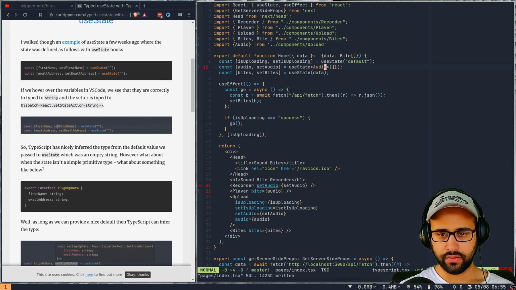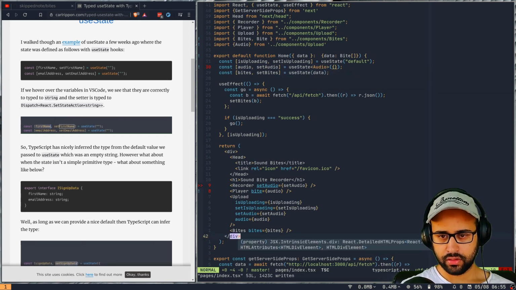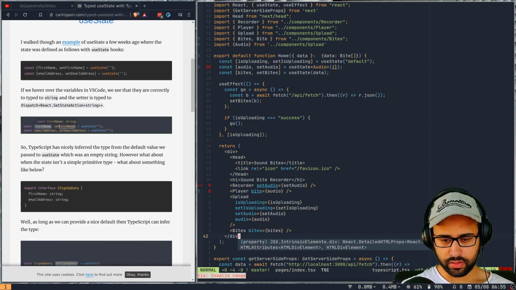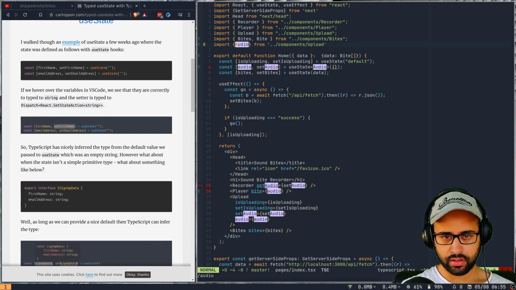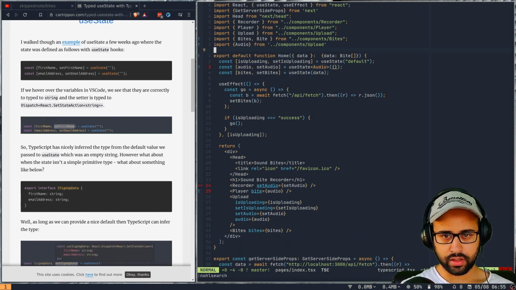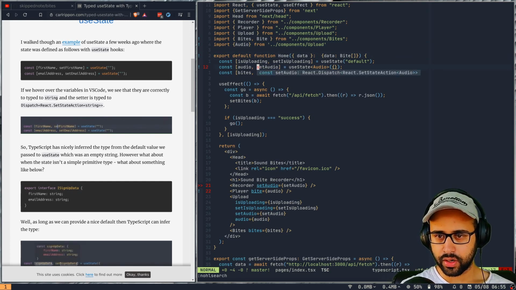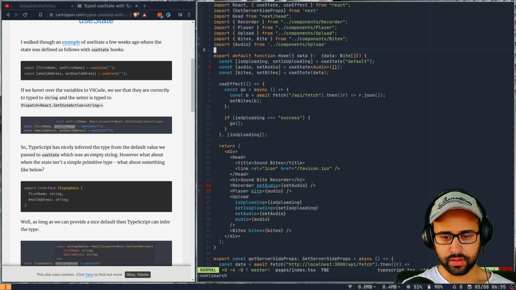So if I now check the type for set audio, not here, line 30. So here, why does it keep jumping back? But regardless, so here the type is audio now. It's not even undefined.